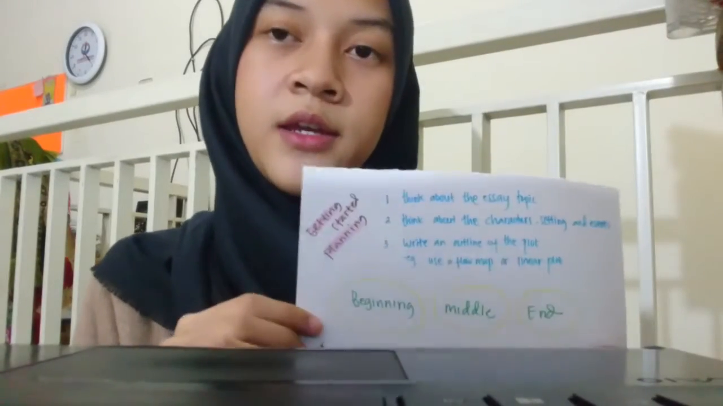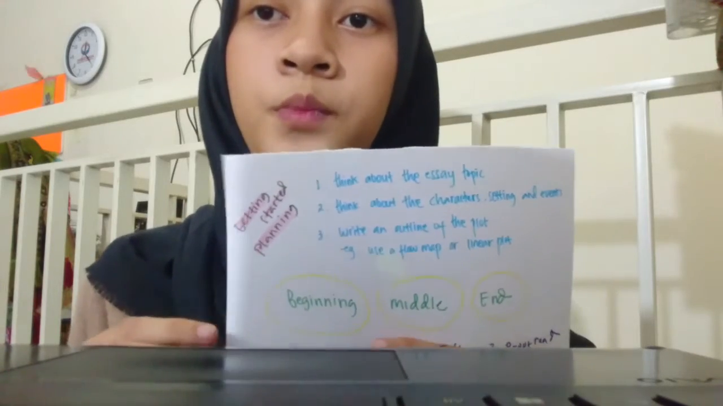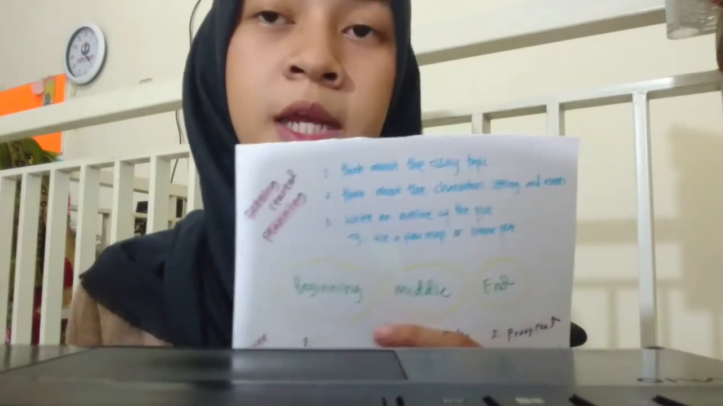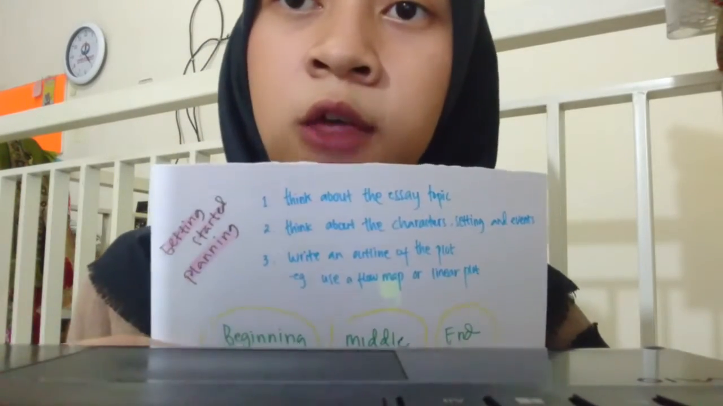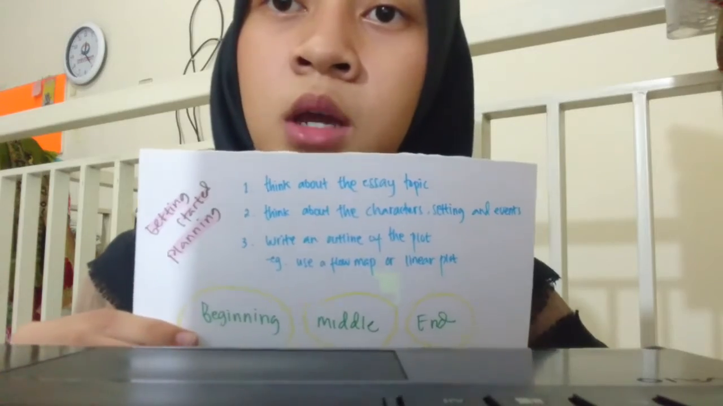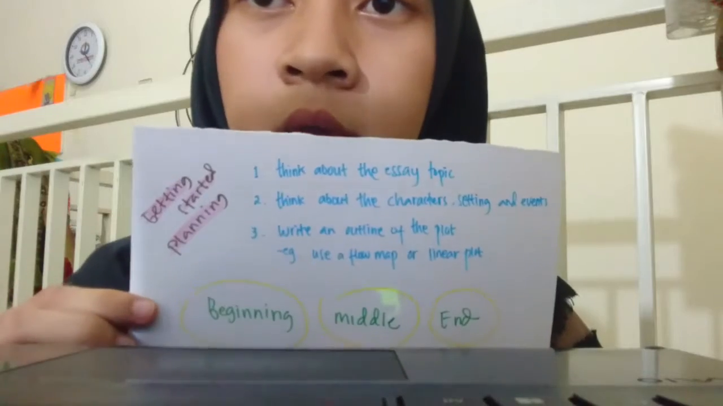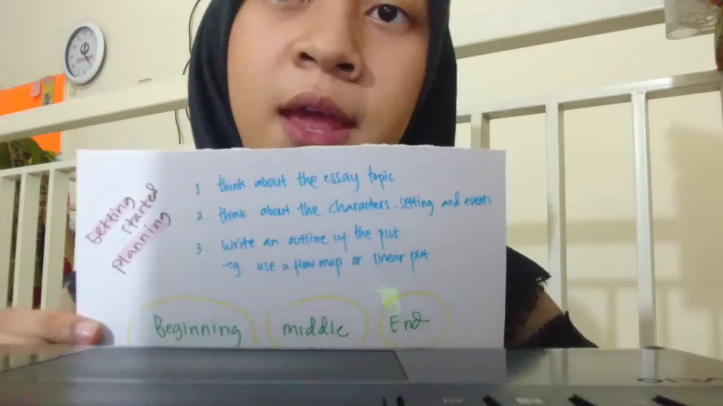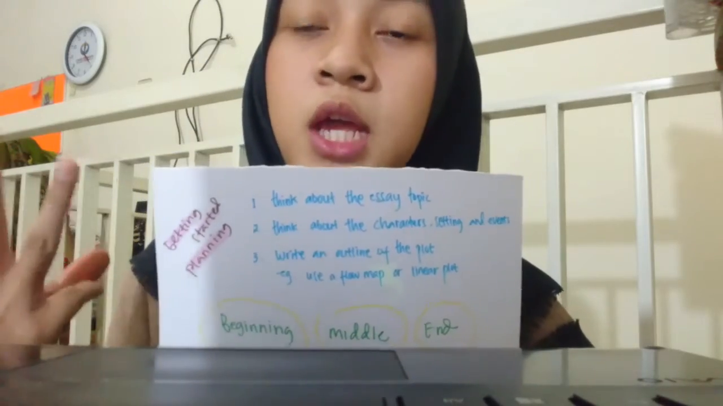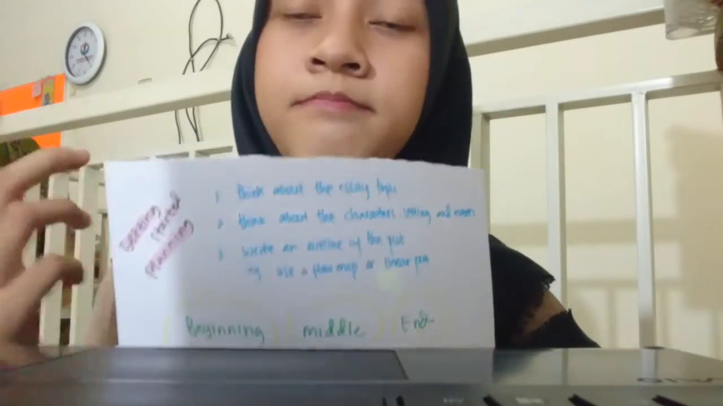And now we can go to this. This is getting started planning a narrative essay. So first is think about the essay topic, and number 2 is think about the characters, setting, and event. And number 3 is write an outline of the topic. So this is the plan